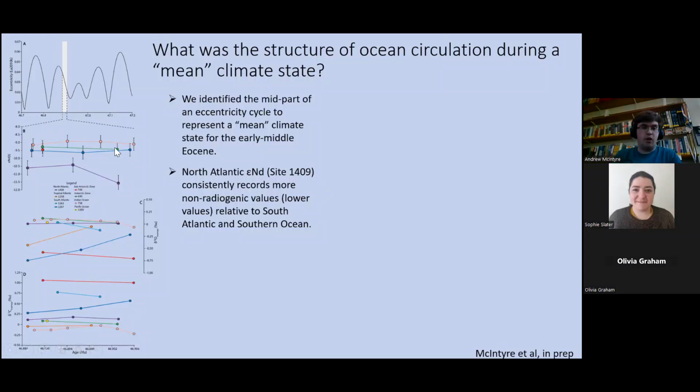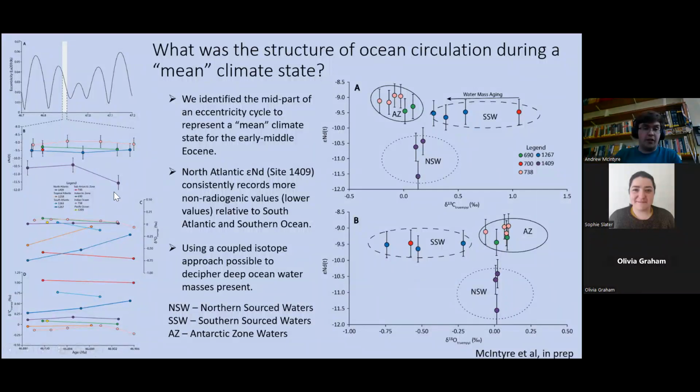And this is a really cool finding for two reasons. It gives us an indication that potentially the North Atlantic was bathed by a different water mass to the Southern Hemisphere, but also because the neodymium is recording really low values, we suggest that this water mass was formed in the North Atlantic or very proximal to the North Atlantic,